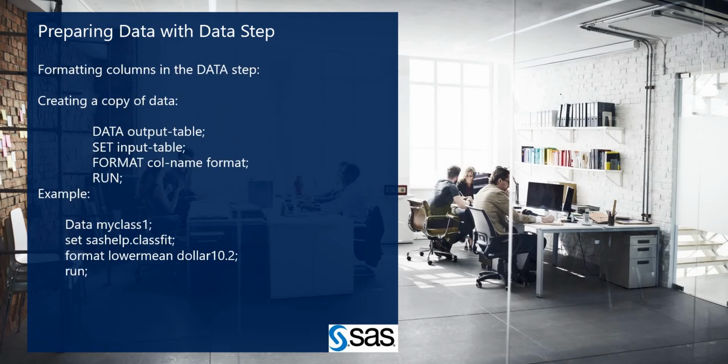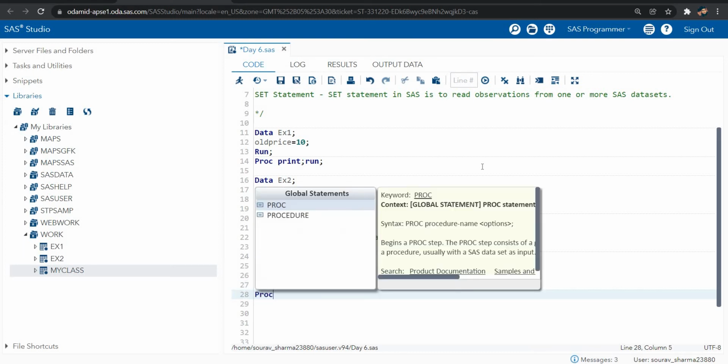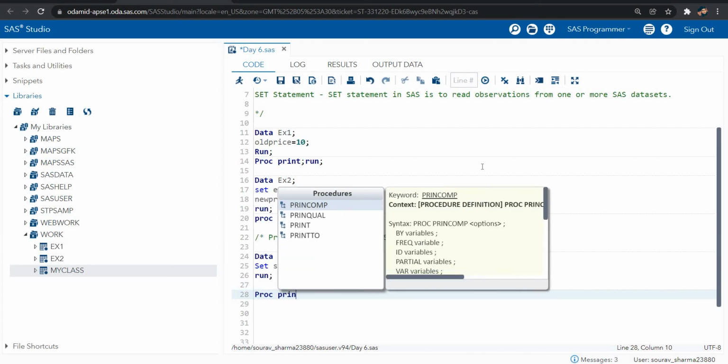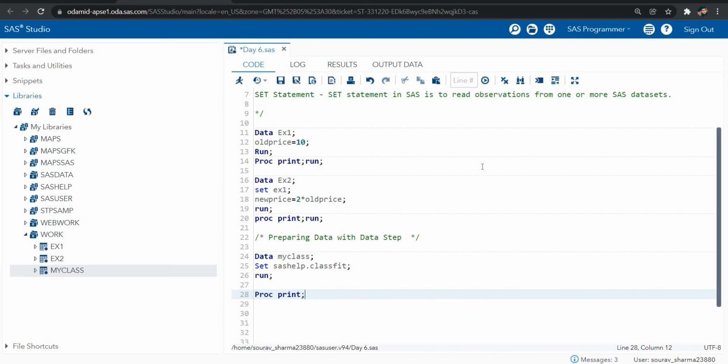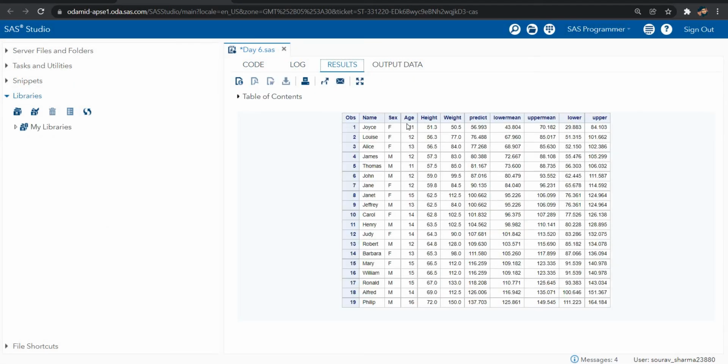Next is formatting columns in a data step. So we are also creating the formatting. Let's suppose you want to create a format. Let's see this data first. So this is my data. Let's see how many observations and columns there are. We have name, gender, age, height, weight, predict, lower mean, upper mean, lower and upper.